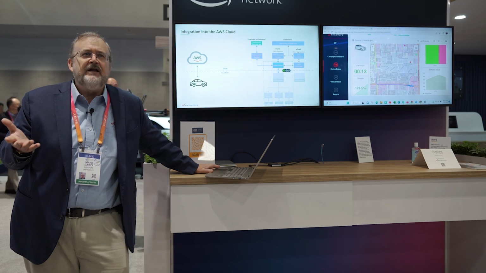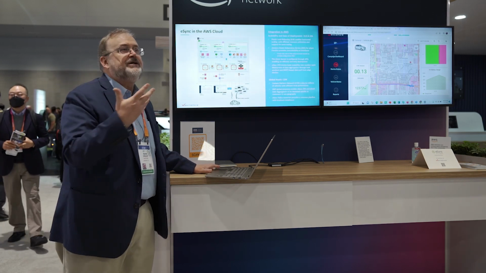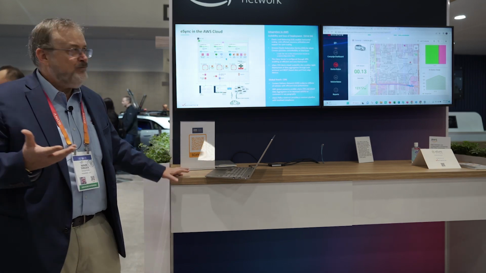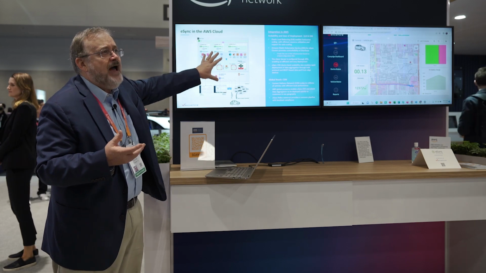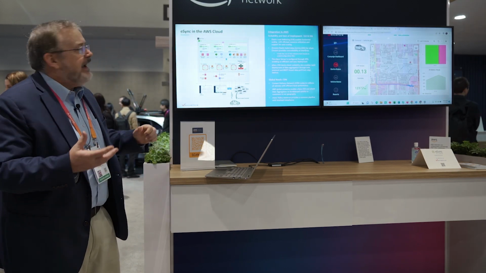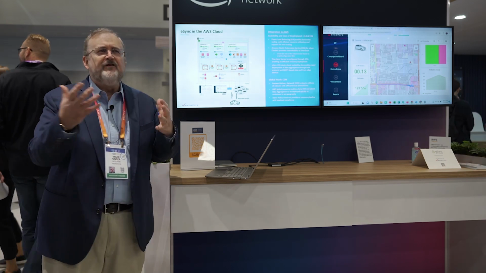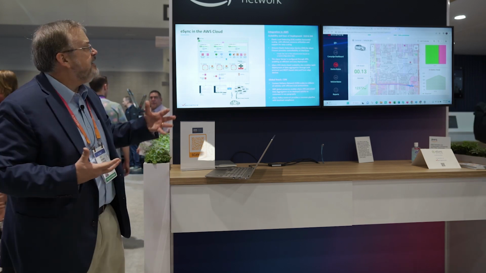So what's going on in the cloud? All of the great services of the AWS cloud that we're using to implement this. For those of you who love the AWS cloud and its resources, here's a map of how we implement eSync in the AWS cloud. And in particular, I want to highlight a couple of features that we're using that help us provide this level of scalability.